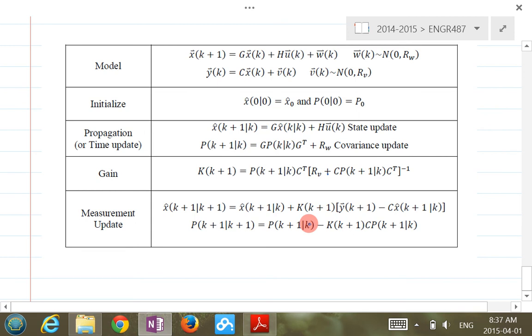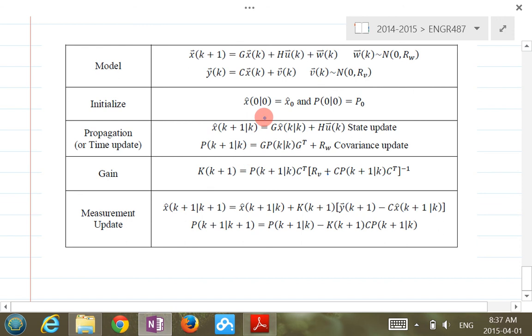You have your system model and your initialization. So you initialize the estimated initial condition and also P0. Then we use our predictive model, which is what we call the propagation part,